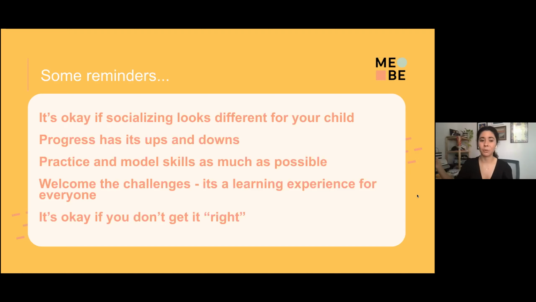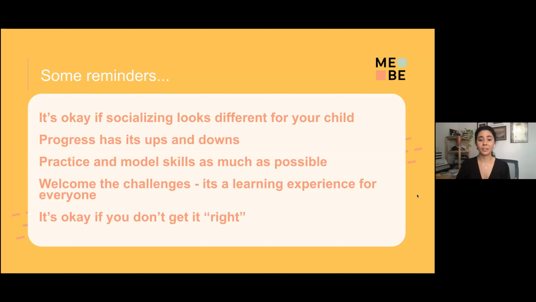Progress has its ups and downs. I was telling Monica, one of my best friends is also a BCBA. He has a variable upward trend tattooed on his body, a line graph that goes boop, boop, boop, boop. It's not a straight line. Sometimes we're having a great day. We're ready for Matthew to come over and take those blue pieces, and it's going to be totally fine. Maybe the next day we have the sniffles, or dad's on a business trip, or we just woke up on the wrong side of the bed and we don't know why. So it's going to look a little bit worse, even though yesterday was so good. That's so normal, and it's totally okay.